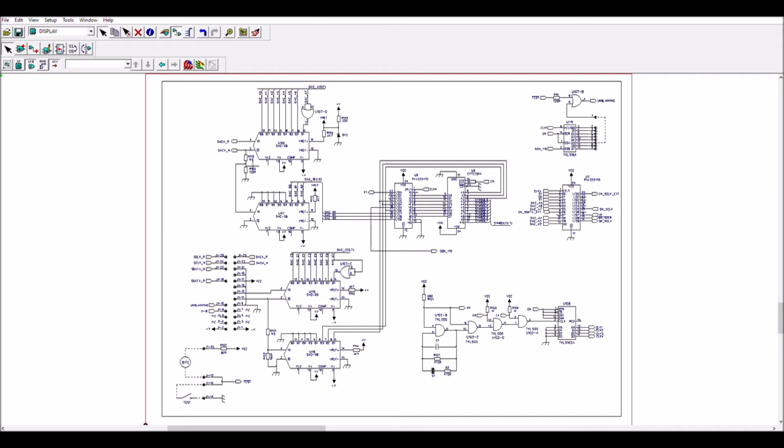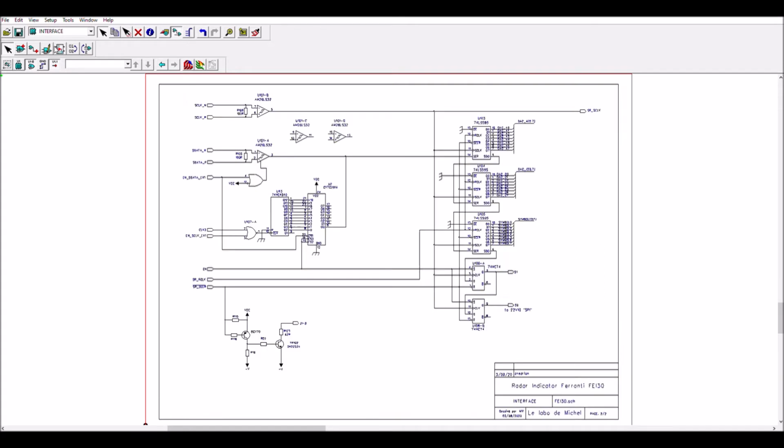So there are two pages for this schematic. The first one is the main circuit, which permits to display a symbol on the screen. And the second page, I called this page interface, which is the interface to the external system, to the host computer or something like that. So let's take a look first at the main circuit,